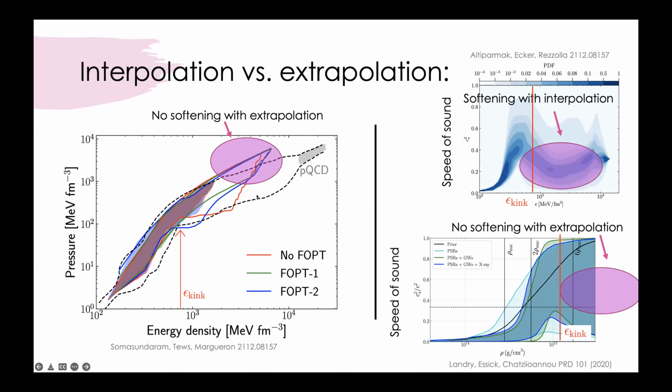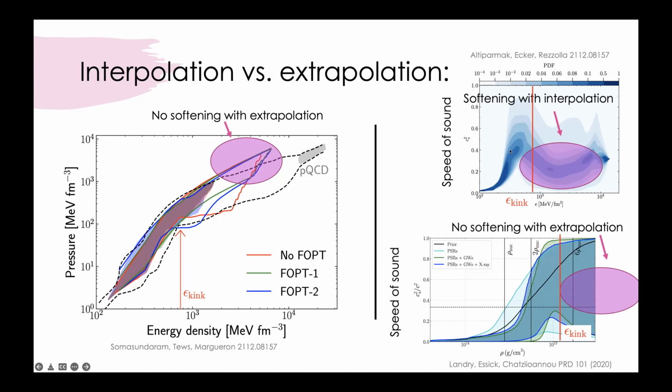However, if we add the PQCD and do an interpolation, we do see this particular softening. Similarly, here is a recent result from Altiparmak, Ecker and Rezzolla, where they see that the speed of sound gets smaller at higher densities. Basically, after this kink here, lower speed of sound reflects a softer matter. So they see the softening in their analysis, and that's an analysis that again uses the PQCD and is an